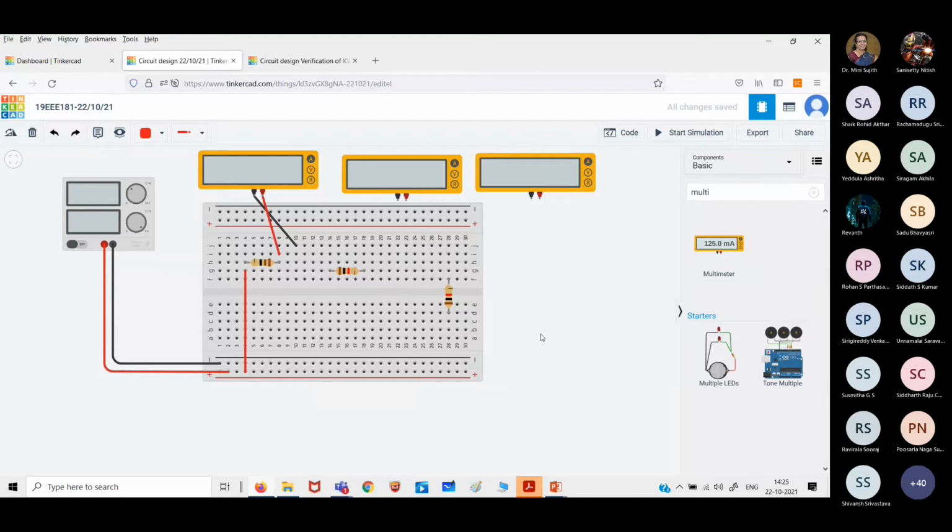Now look at your circuits in your manual. Negative of this first ammeter is connected to positive of second ammeter. Don't short both the ammeters. One by one you can connect, because both positives are connected. So don't be in a hurry. Connect one by one. So negative of this is connected to positive of the next ammeter. Done. This is done.